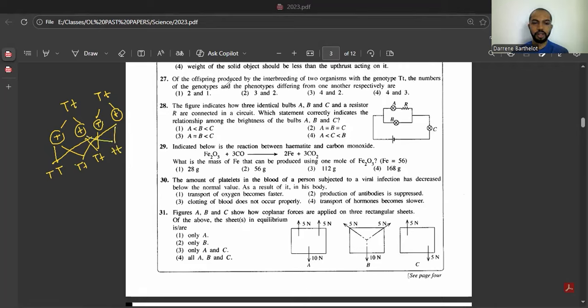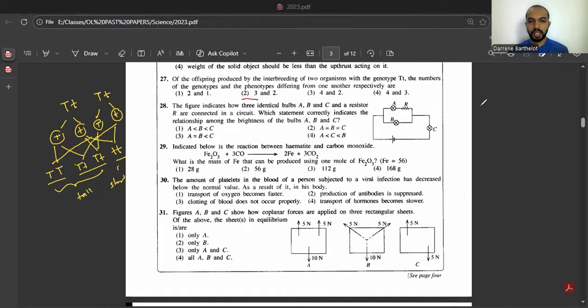So they're asking genotype and the phenotype different from one another. So here there are three types of genotypes. And phenotype, it should be either tall or short. So it would be 3 and 2. There are three different genotypes and two different phenotypes. Answer number 2. 28. The figure indicates how three identical bulbs A, B, and C and a resistor are connected